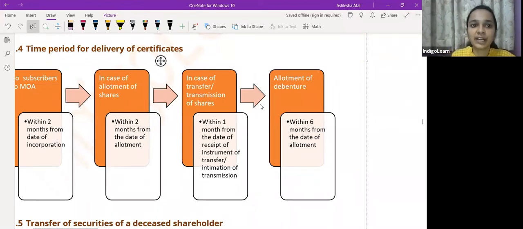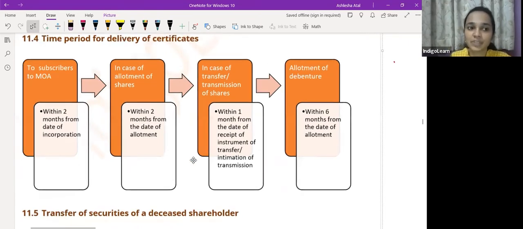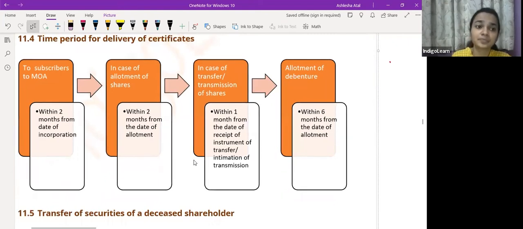So what would be the time period for delivery of certificates? Which certificate are we talking about? We are talking about share certificate. What would be the time period for delivery of certificate? In how much time should the share certificate be issued? To the people who have subscribed to the securities in memorandum, 2 months from the date of incorporation. So within 2 months of the date of incorporation, the share certificate should be issued to the people who have subscribed